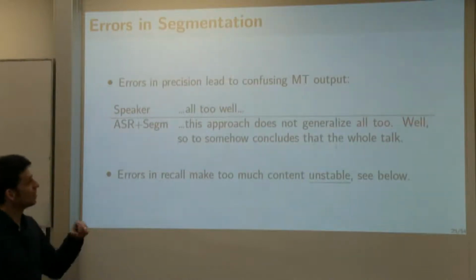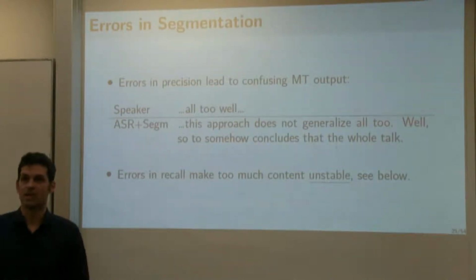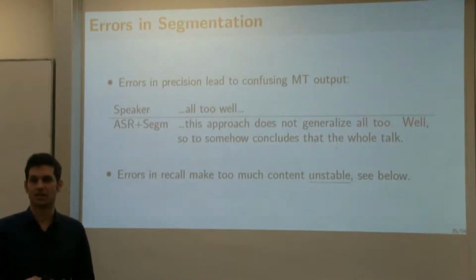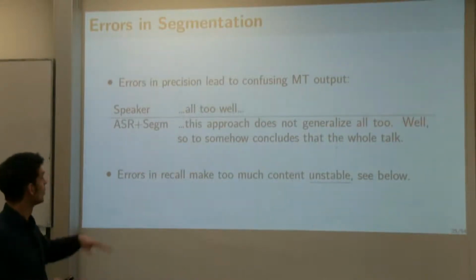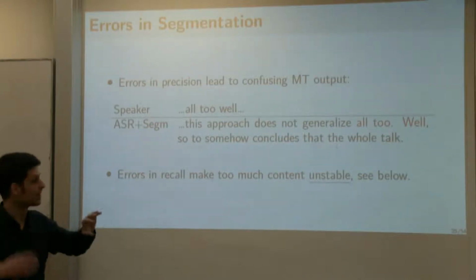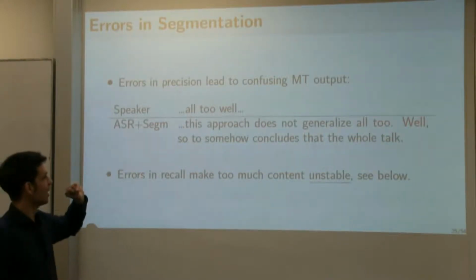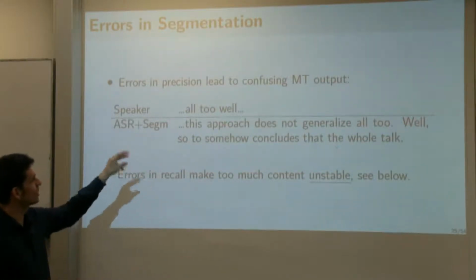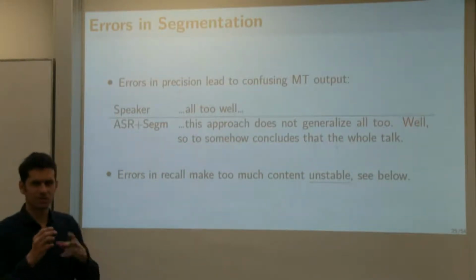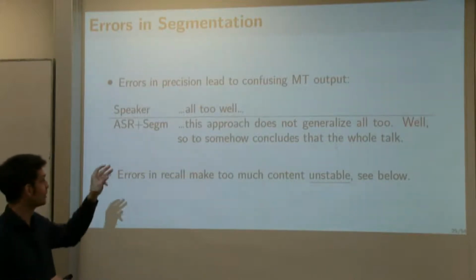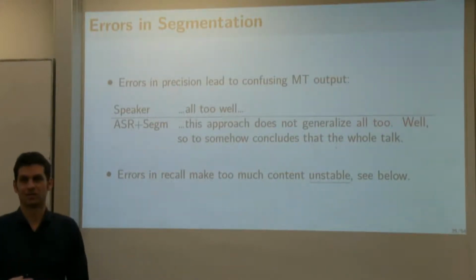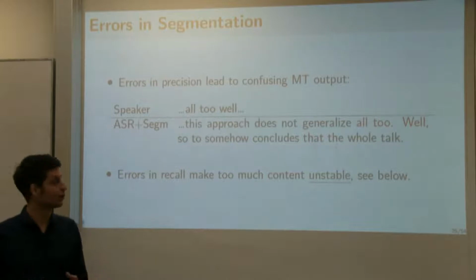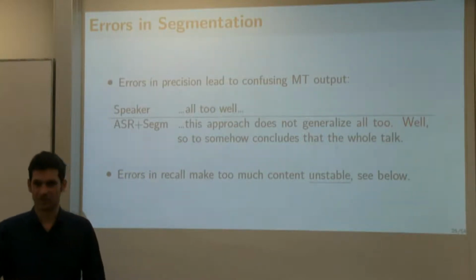So here is an example of what can happen if you misplace the punctuation. What the speaker said was some words and then "all too well". The speaker was saying something like, "this approach does not generalize all too well." So he used kind of filler words, this "all too well", a phrase which ideally you would say in a simpler way. But in spontaneous speech, people often use filler words,